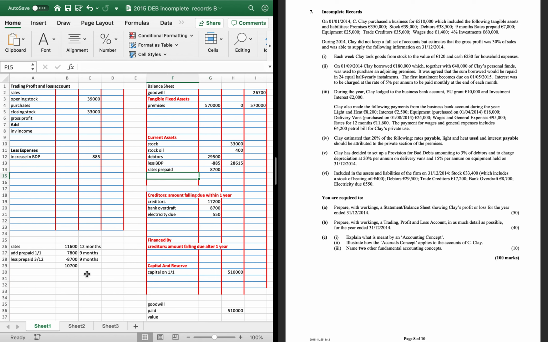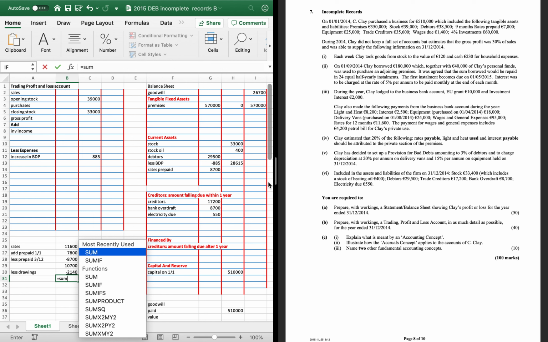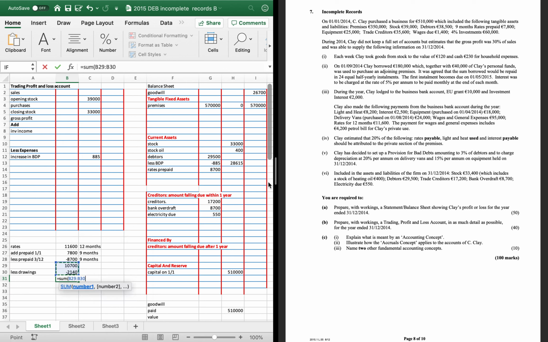Okay, before I even check if there's drawings, I'll go down and check my drawings. Yeah, 20% of the rates payable is drawings. So we're going to take that 10.7, find 20% of it, and the drawings is 2,140, which would make your rates 10.7 minus 2,140, which is 8,560. So the rates can go in as 8,560 as our expense,